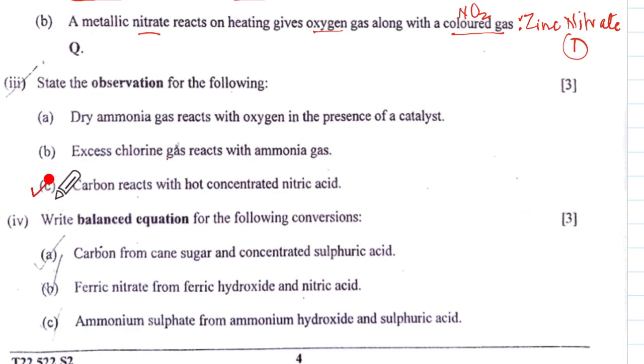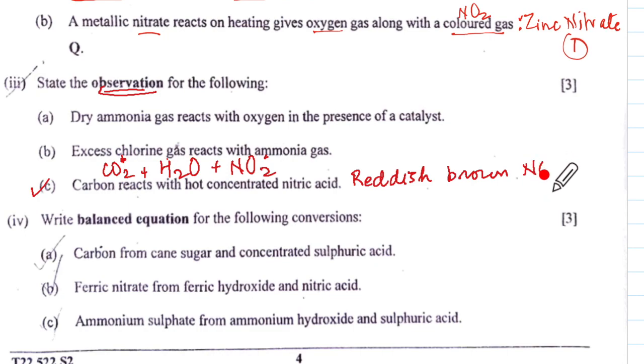So we come to part C. Carbon reacts with hot concentrated nitric acid. Now carbon will become CO2 and it will also give H2O and NO2. Now for observation, which part will you see first? Will you see this part first or this part first? So we'll write reddish brown nitrogen dioxide gas is evolved along with